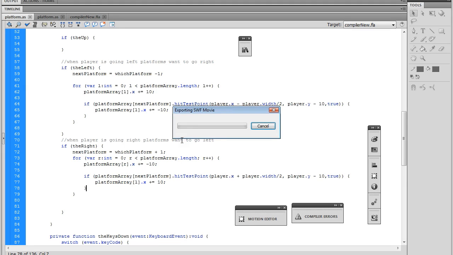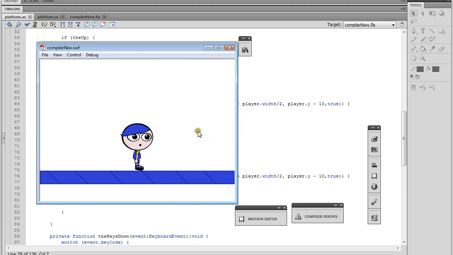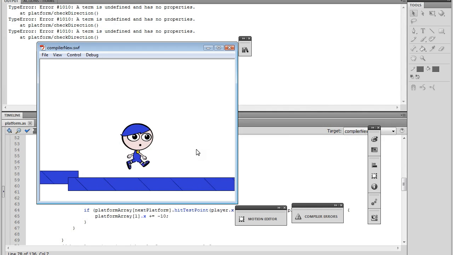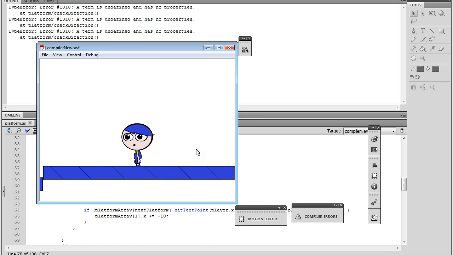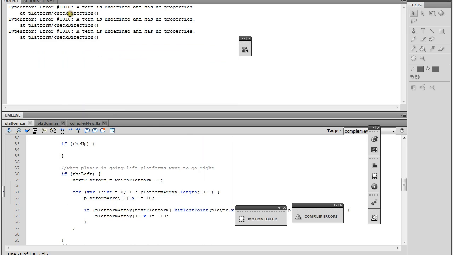So let's see what we have so far. We'll run this. Okay, so now here comes the boy. Okay, all right, now this one, we have a different circumstance. Let's see if this one works. Okay, oh, no, see, he's too, yeah, that position, I think it's not quite hitting right. You also see that we have this error that showed up here,